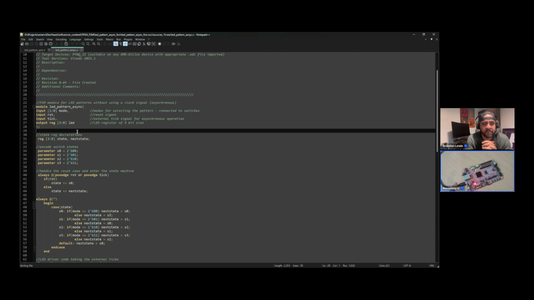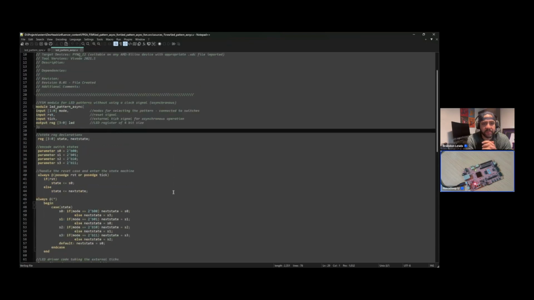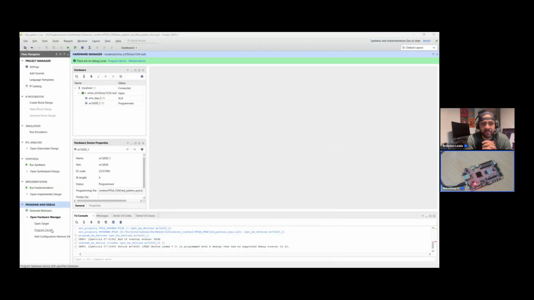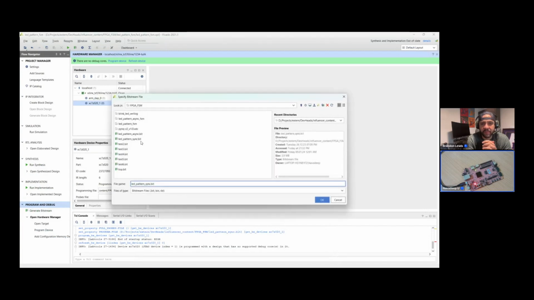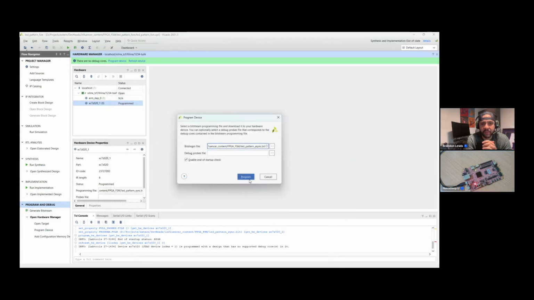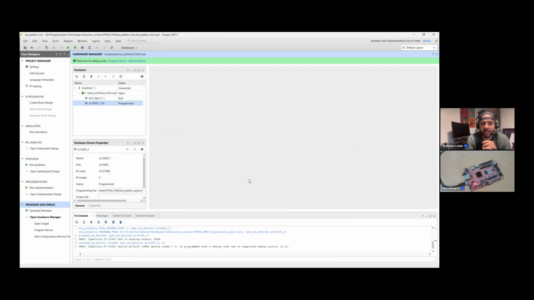So this tick is a user input and will be controlled by the finger taps by the user. The rest of the implementation remains similar, except there is no clock divider module for this. So we'll switch back to Vivado and program the asynchronous bitstream for the same project. Now this being done,